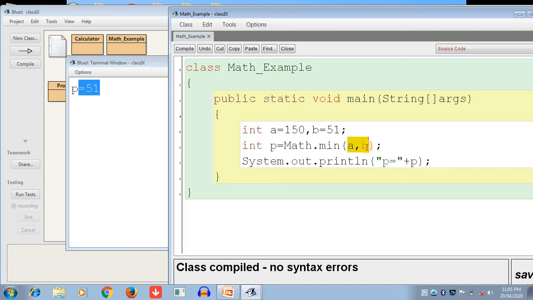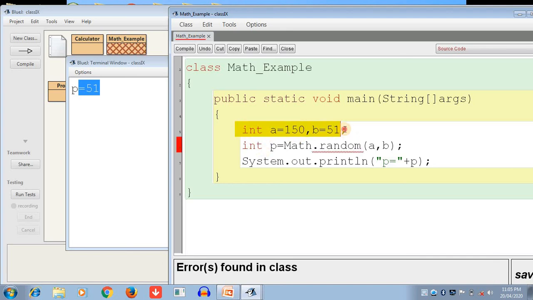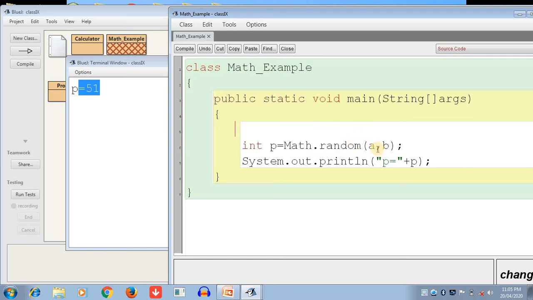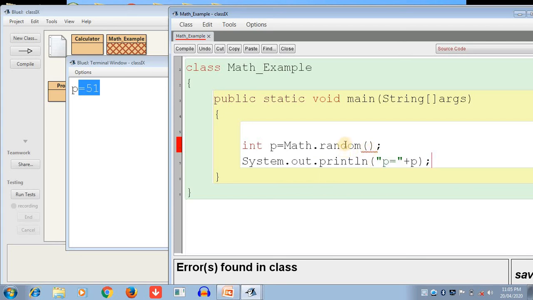Now the last function I will discuss is random. So write random here. Okay, it is the random function. What is the meaning of the random function? We do not require any values, and it does not accept any arguments. It is a default method. Here we can see Math.random, I have to put in here.